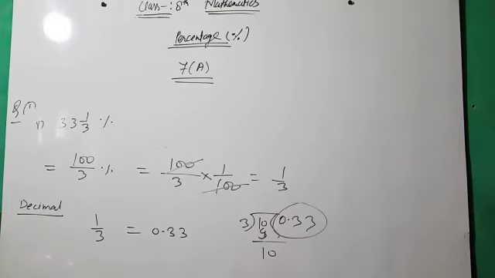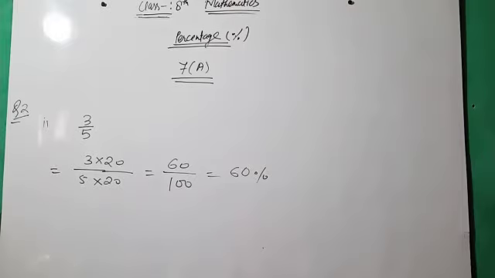वेरी सिंपल, बिकॉज 1/100. सो 20 से मल्टीप्लाई करें, हमको 100 बनाना है. 100 बनाने के लिए हमने 20 से मल्टीप्लाई करा, दैट्स वाई 60/100 एंड 60/100 इज 60%. ओके, नाउ